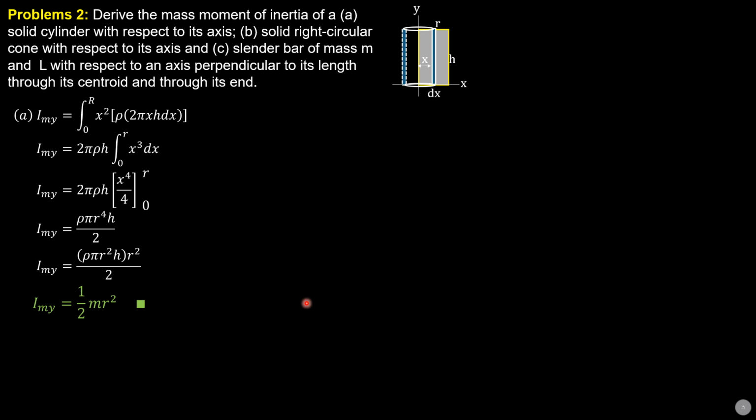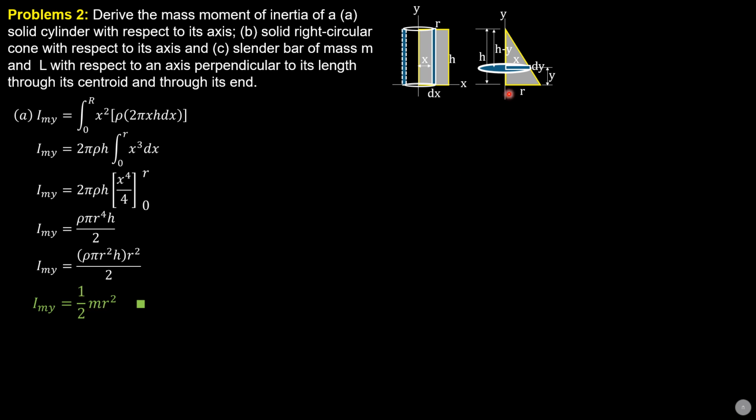So for part B, we have a cone, so we need a right triangle with base R, height h. And this time, because we already know the differential moment of inertia of a disc or a cylinder that is hammered into plate from this result here, then I'll have to consider a horizontal strip. If you want a vertical strip, then do it as an alternate solution. But I'll just use this. So it's the application of this result.